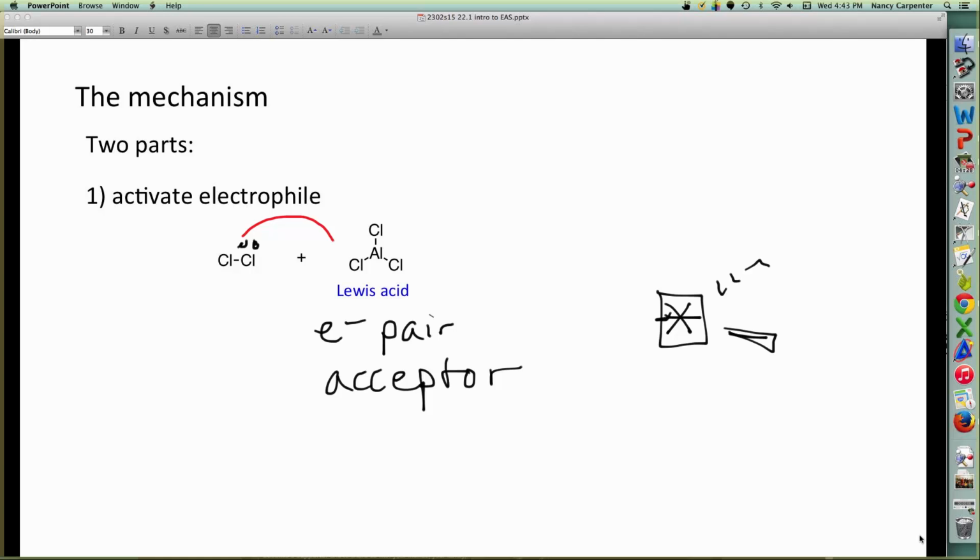It's going to be trivalent and therefore possessing an empty p orbital. It only has 6 electrons. It would definitely like to have 8. So that electron pair is going to go straight for the aluminum to give me this guy,